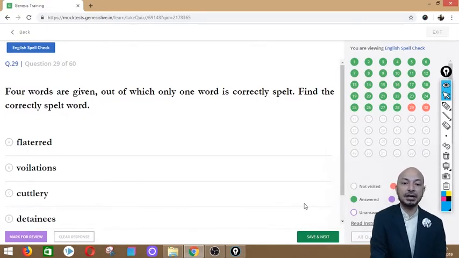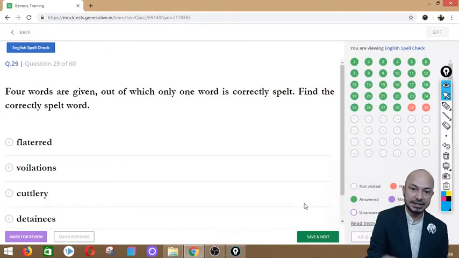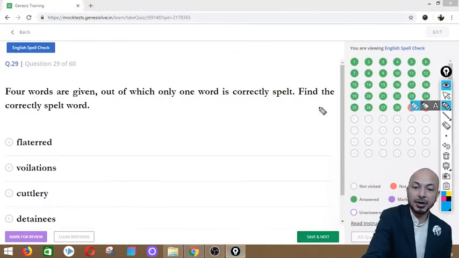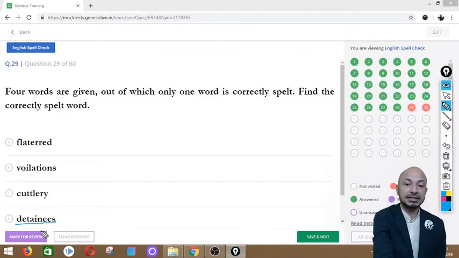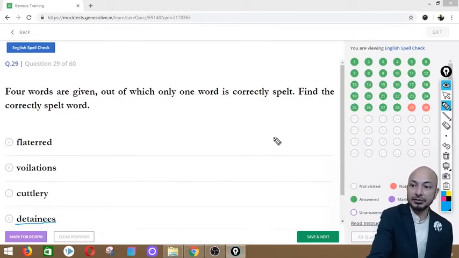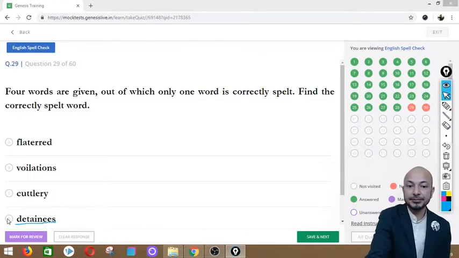So on to question number 29, and we have 4 different words, and the first one says flatter. The spelling is FLATERRED. Second one says violations, and the spelling is VOILATIONS. Third one says cutlery, and CUTTLERY, and the last one says detainees, DETAINEES. So the only correct spelling among all these words is in fact option D, which says detainees. Detainees, this is the only correct spelling, DETAINEES, absolutely correct. So we click option D